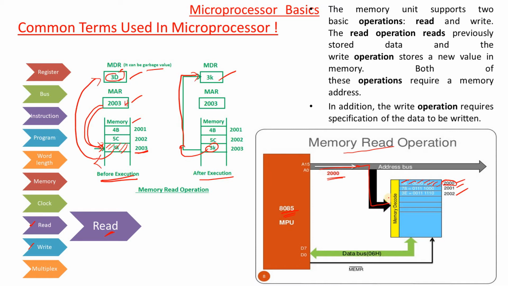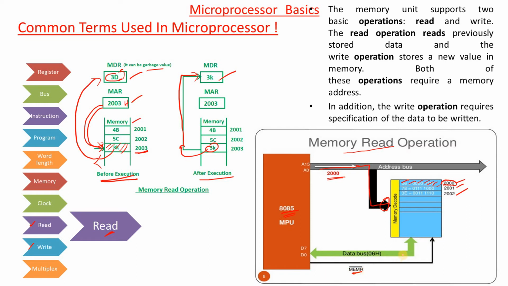We are decoding. With the help of the decoder input, at a time one location is highlighted. Remaining locations will go into the disabled state. Only one active line is there. With the help of that active line, all flip-flops are energized. That means the location is enabled, that means the selected location.